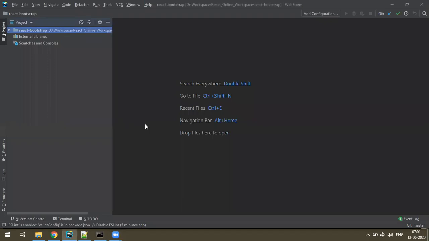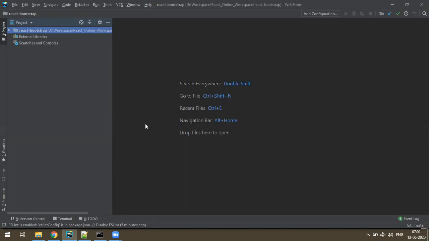Okay. So in the last class, what we discussed is how to apply styles to the custom components like functional components and class components. And we apply styles using inline, internal, and external. We also discussed the props concept. So props concept means we want to share the data from a parent component to the child component. So that's a props concept, right?